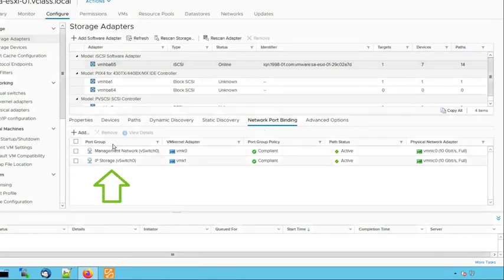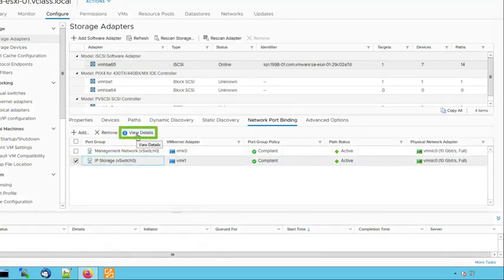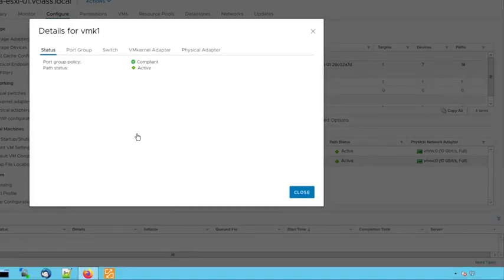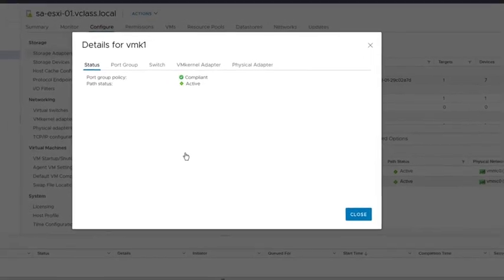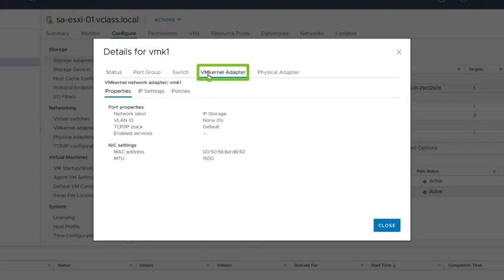So we see the port groups that exist on this host. And now we click IP storage. And then we click View Details. On this VM kernel adapter, we see that the port group policy is compliant, that the path status is active, and if we have a look at the VM kernel adapter